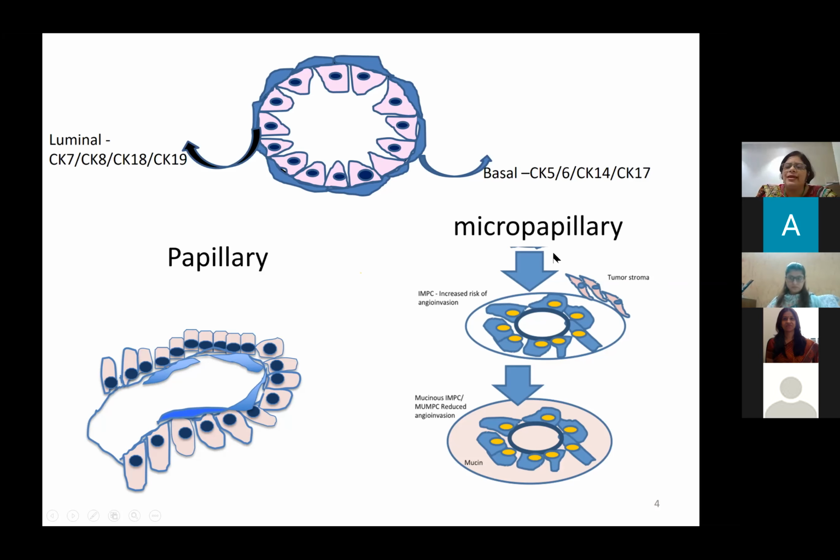Now micropapillary actually is not true papillary at all, because now you see this triangular cell. Imagine if it reverts itself. That means this apex, instead of going to the lumen, goes outside. You can see that it's gone outside. The secretions that are normally secreted in the lumen will now get secreted on the outside of the structure. So what you get is actually a retraction artifact and these little floret-like structures which are called micropapillae.